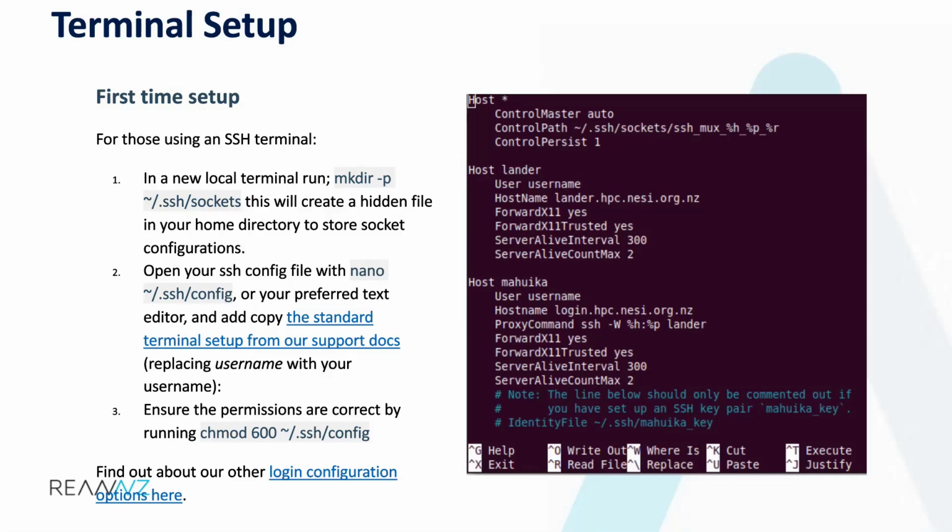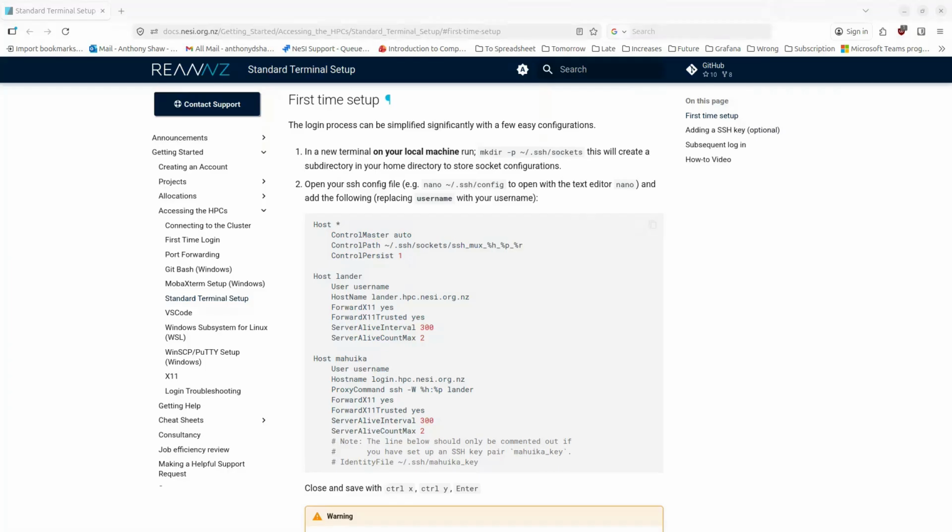As an alternative option to using the on-demand service to log in, you can also log in via an SSH terminal. This will require some setup, but the instructions are very straightforward to follow. All you need to do is go to the standard terminal setup support page linked on the slide, then copy and paste the commands in order. So here, let me do that. I will